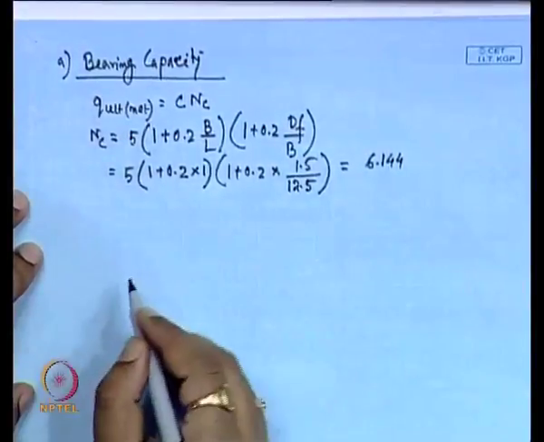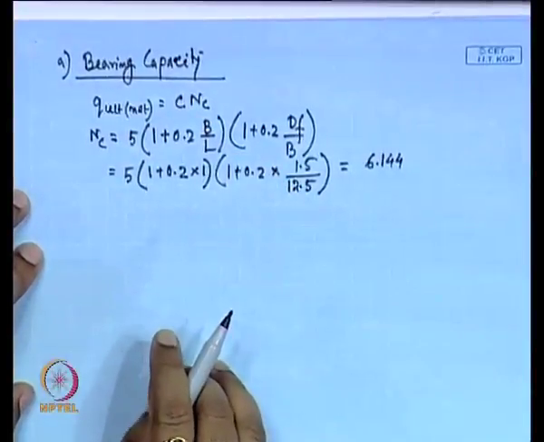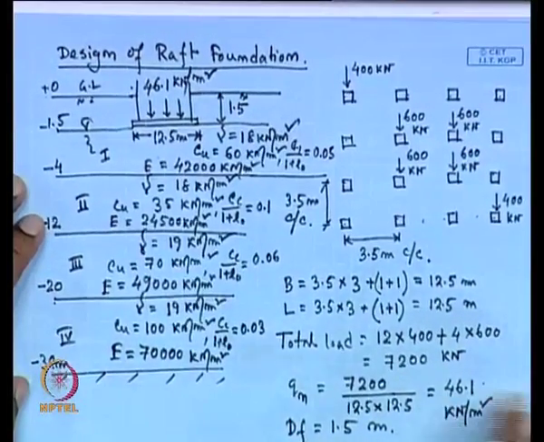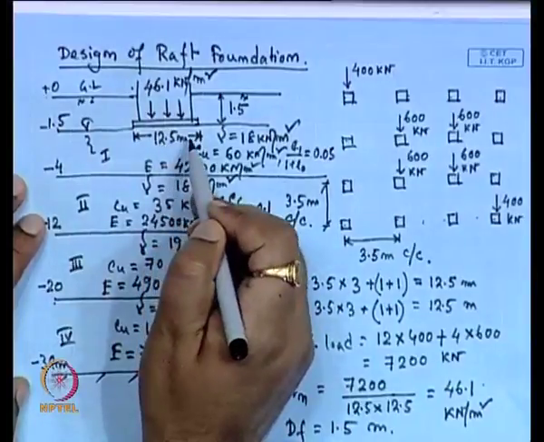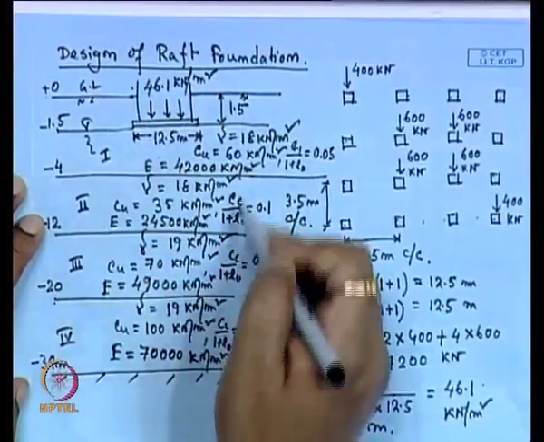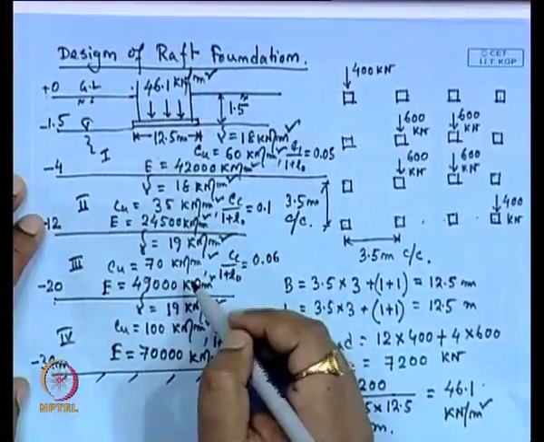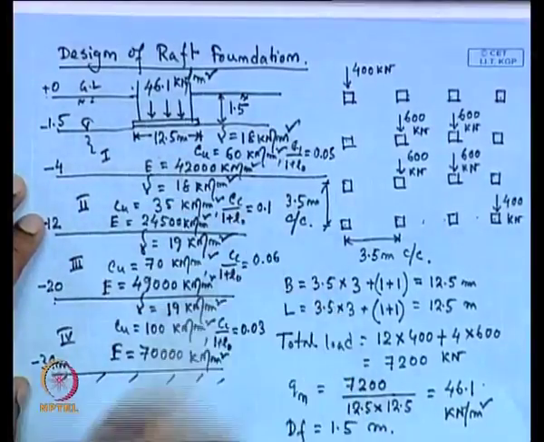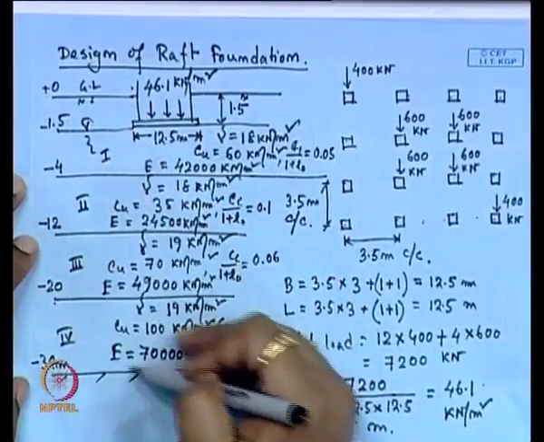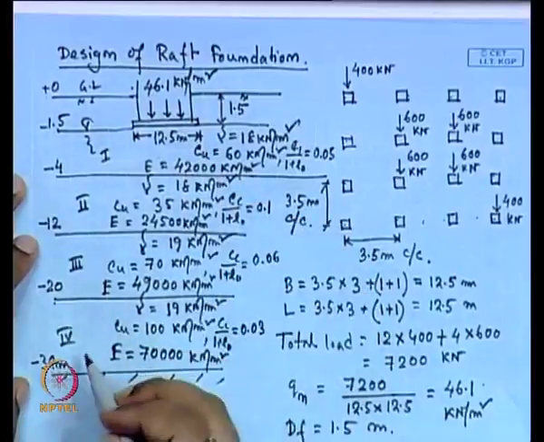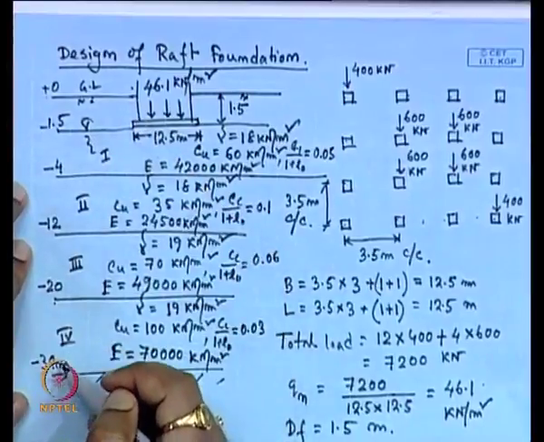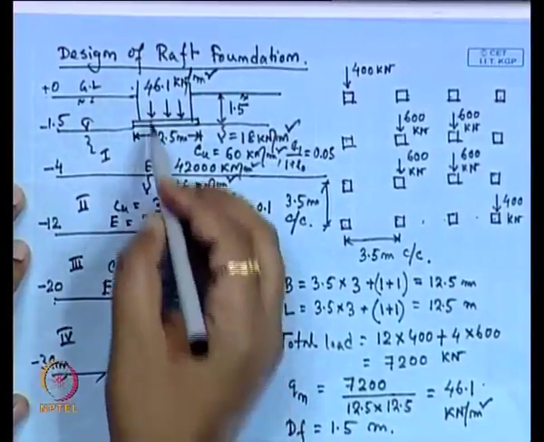Next, we will get the C value or the cohesion of the soil. So, here we can see that for this width of the raft that we have chosen, this 12.5 meters, the bearing capacity calculation influence zone that we will take is up to B, and for the settlement calculation you will take up to twice B. So, up to B is 12.5 meter, up to twice B is 25 meters. The depth of the soil layer below this footing is around 28.5 meters. So, this influence zone is up to